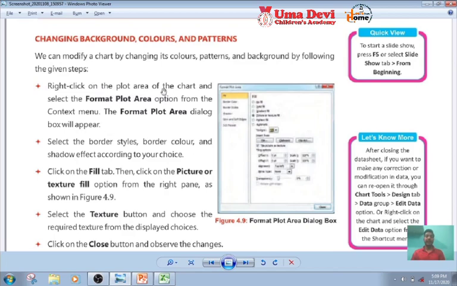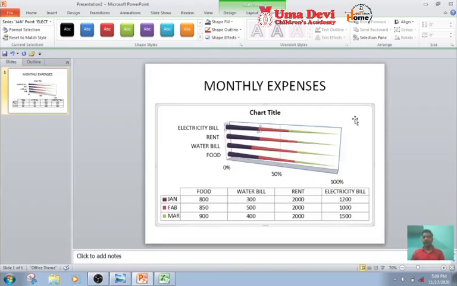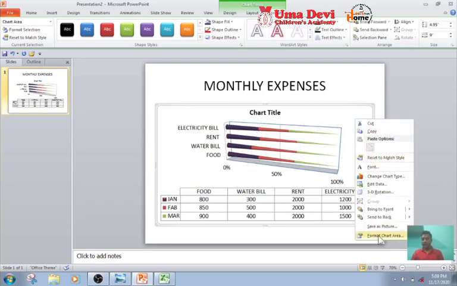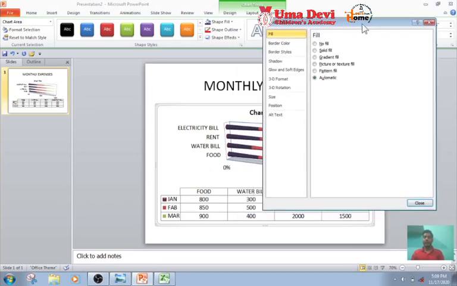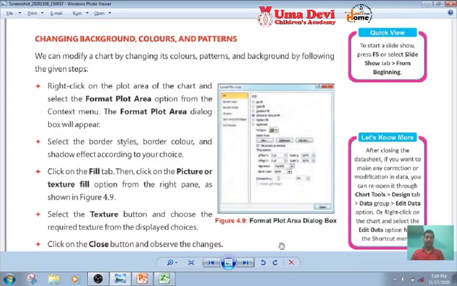We will right click on the plot area of the chart and then select Format Plot Area. Look at here, in the plot area I have done right click. Now we have selected Format Chart Area. Now we will select the border style, border color and shadow effect according to our choice.